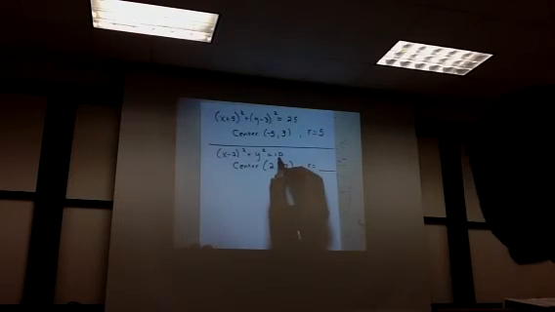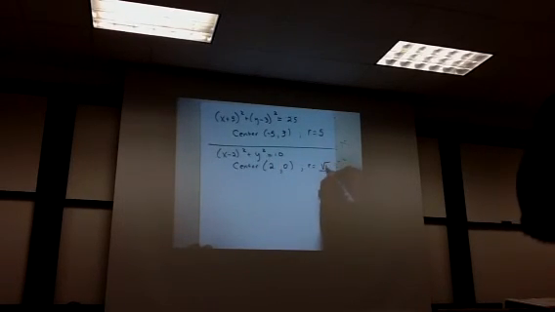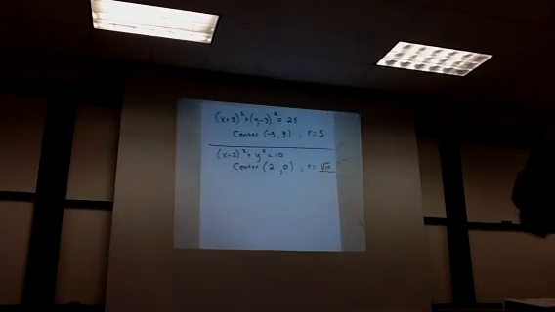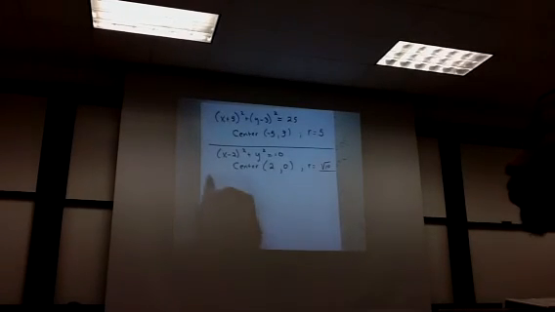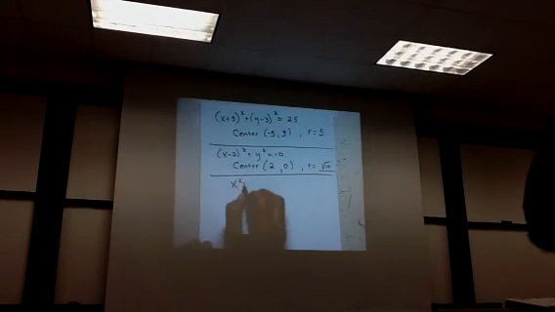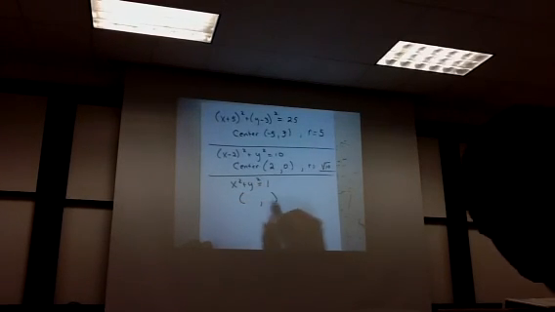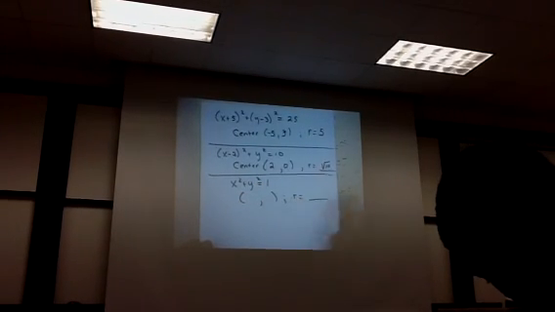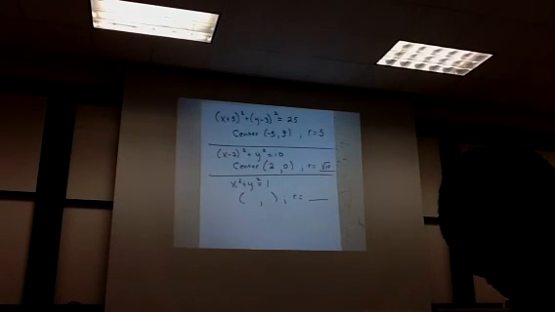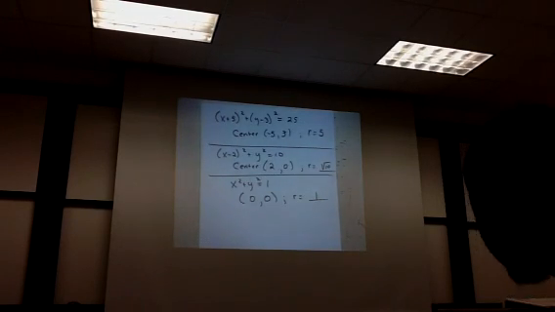This is the radius squared, so take the square root. Square root of 10. What's the center? Very good. Center is 0, 0. The radius is? Which is? 1. Yeah. So you should be able